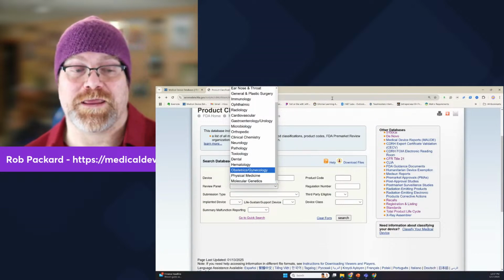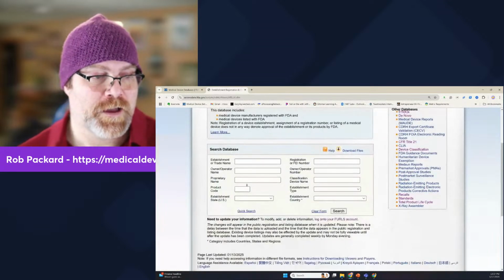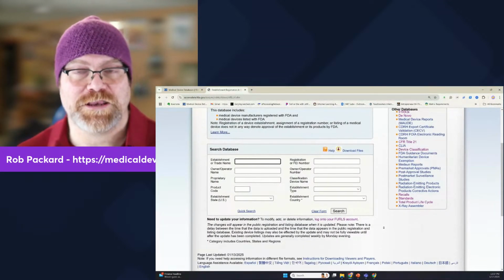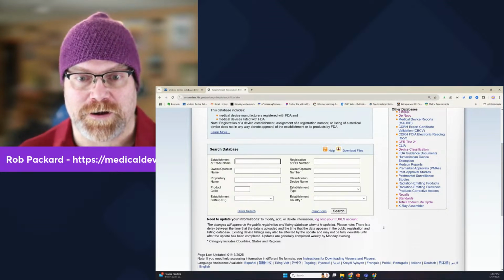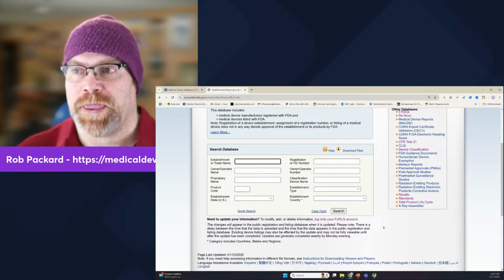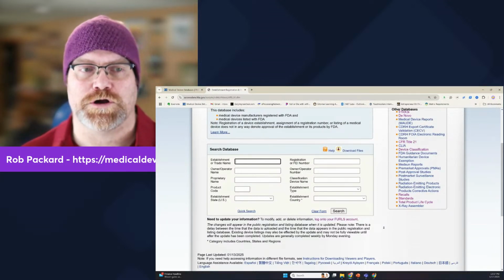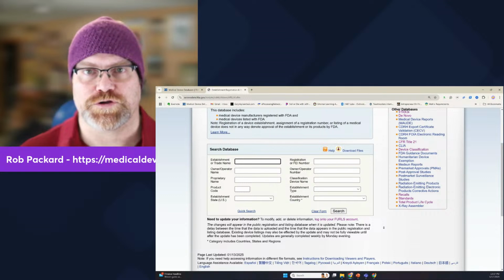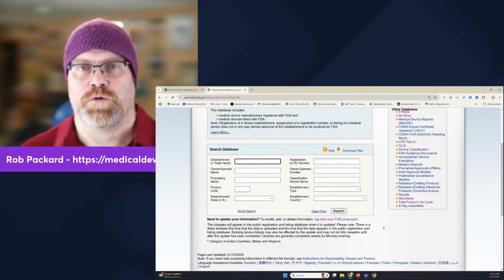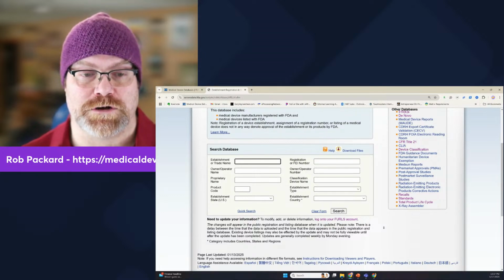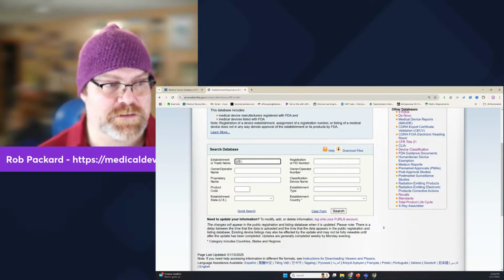Now, there's one more advanced tool that you can use that ends up being the strategy we use a lot. For instance, if I knew of a specific company that was making a product, we'll pick one of the biggest companies in the world. There are basically 2 of the largest companies in the world that make sutures. U.S. Surgical and Ethicon are 2 of the biggest suture manufacturers in the entire world. So if I don't know what the code is for a suture, but I know who the company is, I can put in here U.S. Surgical,